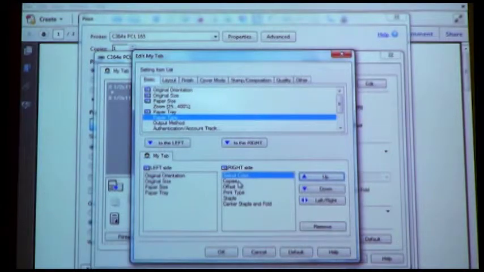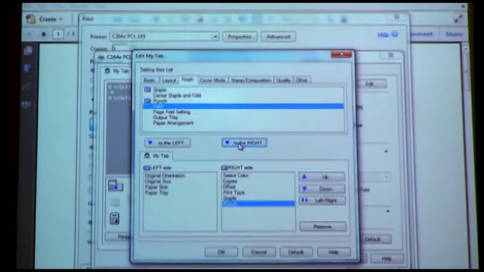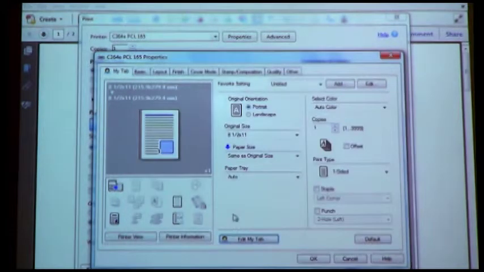Now all these other options are great other than they don't make any booklets whatsoever. So I'm going to go ahead and remove the center staple and fold option for them from here. Now, they would like a hole punch option to appear on this side. So if I go under Finish at the top, I can select Punch, and I can drop that down on the right-hand side, and you'll see now I've added Punch. If I click OK at the bottom, you'll notice Mytab now reflects the feature sets that I just customized under